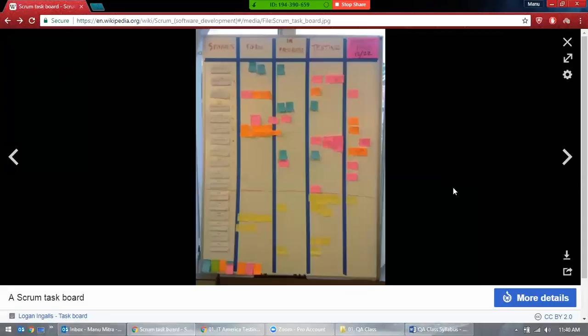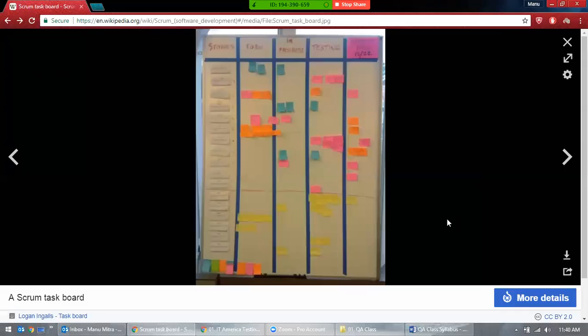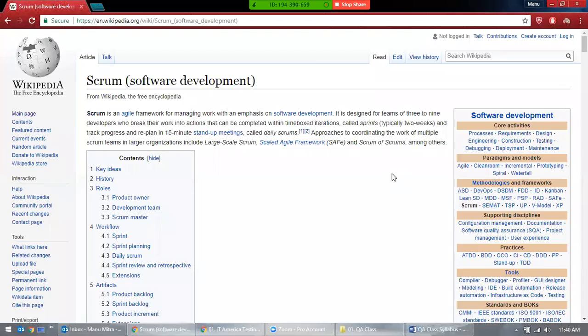So why don't we use this tool? Okay, why don't we use Jira? Why don't we use Rally? And you can also recommend, based on my experience, we could use this tool because this helps us complete our testing without losing too much time. Okay. So that's also an option you have to recommend,